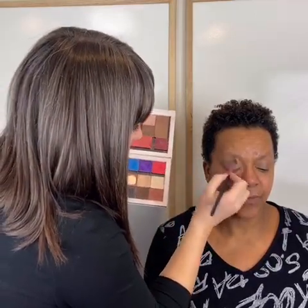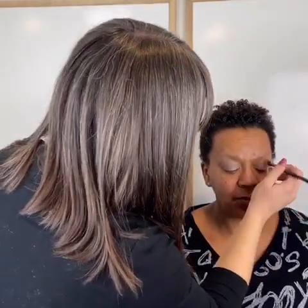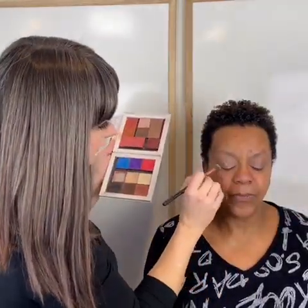So you'll notice I'm kind of mixing this as I go. That's the beautiful thing with our art shadows is you can really custom create your own color just by dipping back and forth. Like so. So this is just our nice canvas. We can go in